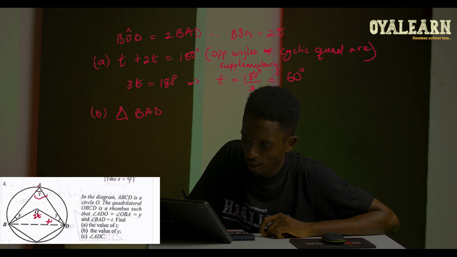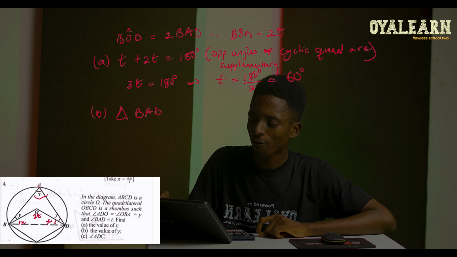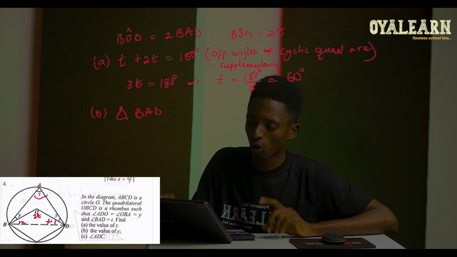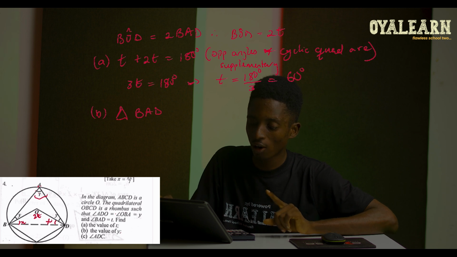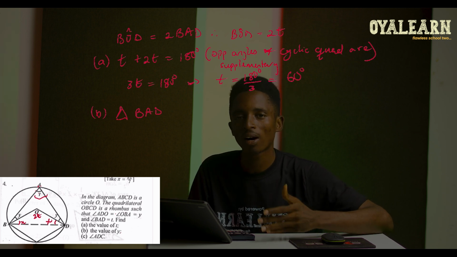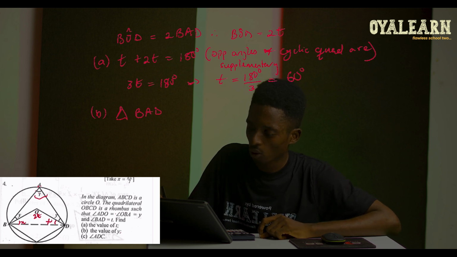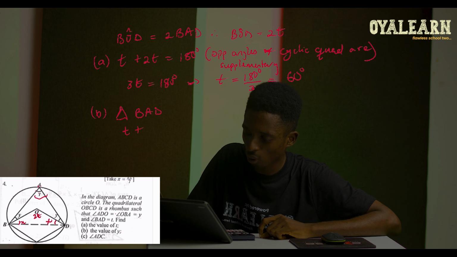When we look at this triangle, we have x here, we have x here. We can find the sum of all the interior angles of that triangle, which should give us 180 degrees, since the sum of angles in a triangle is 180 degrees. Therefore, we should have that t, which is this here, plus y plus x plus x plus y